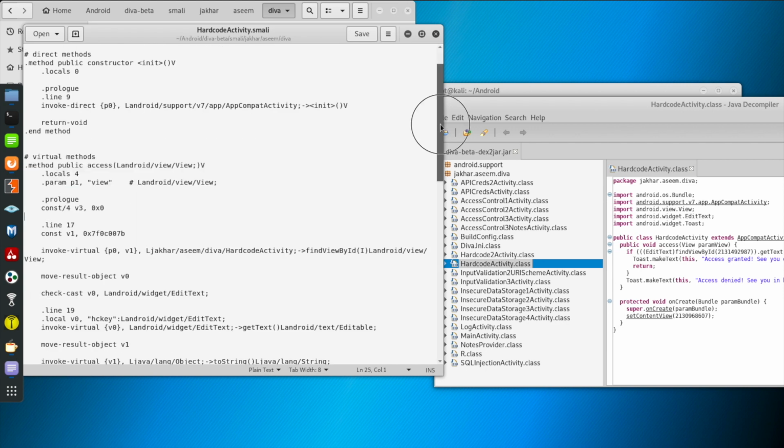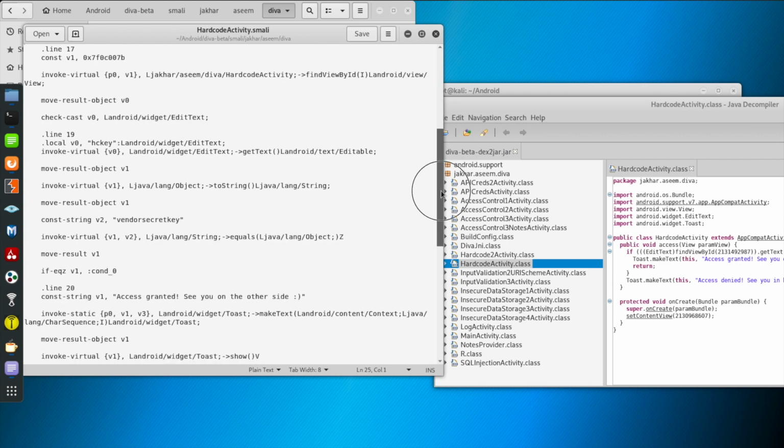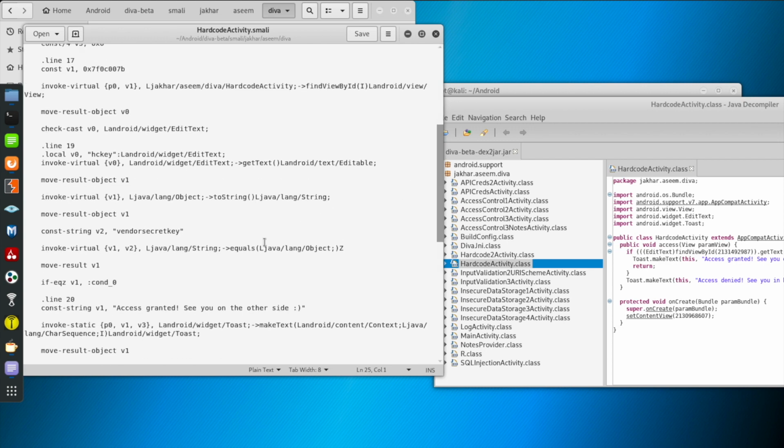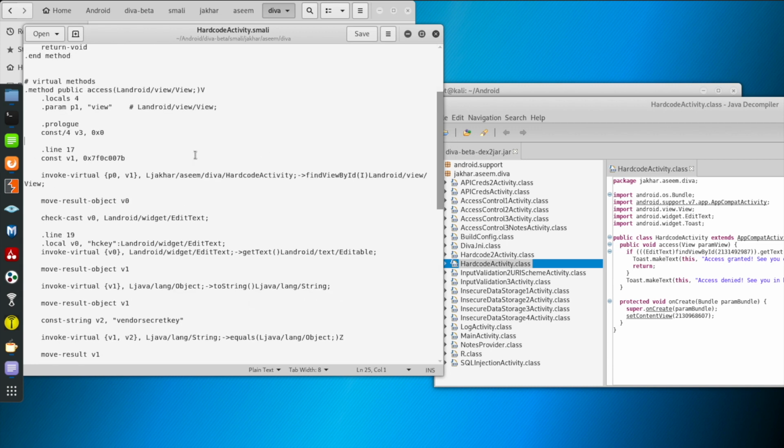Now when you scroll inside the Smali code of HardcodeActivity.smali, you can see a method called access. Inside the access method you can find the vendor secret key mentioned.